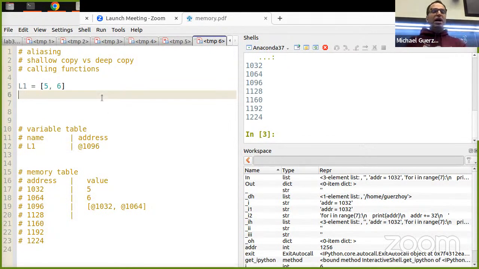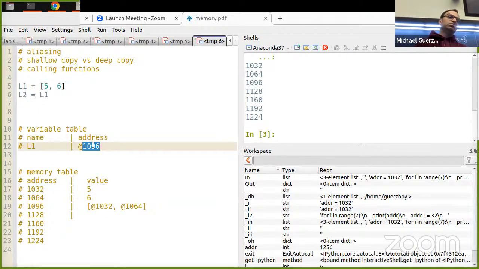So if we do L2 is equal to L1, what this means is I'm taking the address to which the right-hand side refers, so 1096, and I'm copying it somewhere. In this case, on the left-hand side, I just have a variable name. So that's just a change to the variable table.